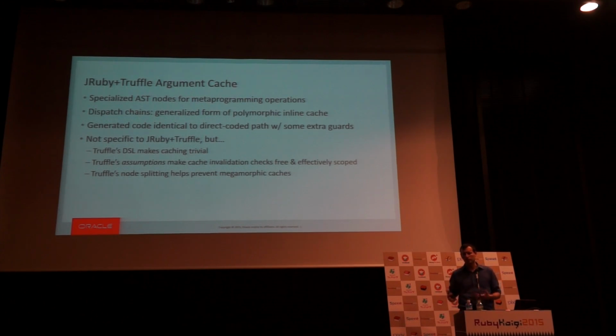In MRI, this could be done with optimized YARV instructions, passing in additional state. But with JRuby+Truffle, what we do is because we have an AST interpreter, we just copy a fragment of the AST tree and then insert it someplace else for each of the different call sites and reset the cache along the way. And Truffle and Graal are able to manage this for us, so we don't have to do anything fancy. They determine when a cache is about to go polymorphic or megamorphic and can handle the splitting and rewriting for us.